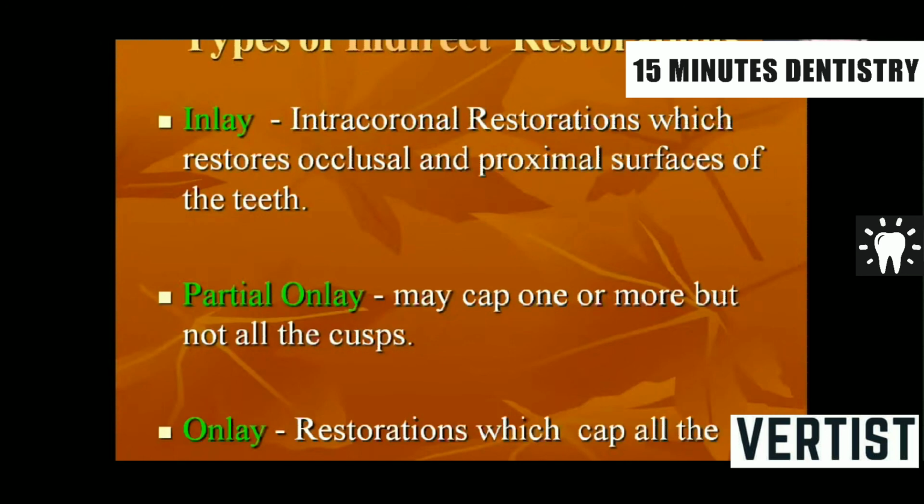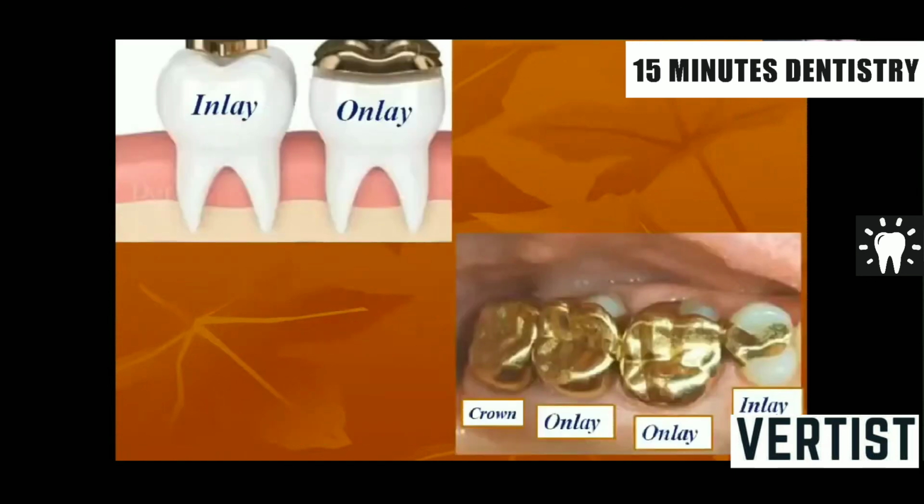So I hope I'm making myself very clear without confusing you. Repeating the thing again. Inlay is a restoration which goes and fits inside the tooth. It is called an intracoronal restoration. Intracoronal means it goes within the crown of the tooth and obtains whole retention from the tooth itself, from inside of the tooth. Okay, and onlay sits over a tooth. It sits like a cap, it sits like a crown, and it covers all the cusps. It's an onlay. A partial onlay would be a cusp restoration which may not cover all the cusps.